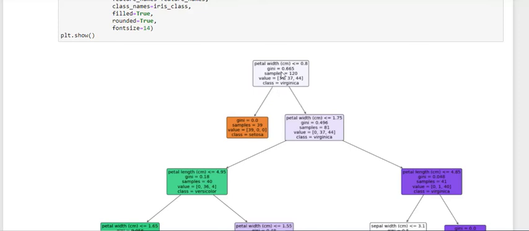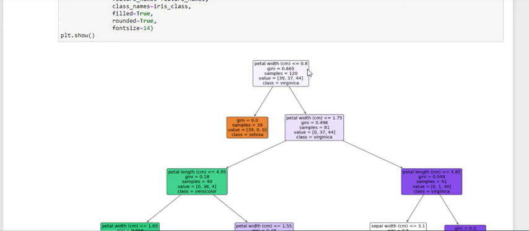Here you can see that the samples are 120 and here are the samples divided, like 39 belong to the first class, 37 belong to the second, 44 to the third. And these are random, like these are not pure.